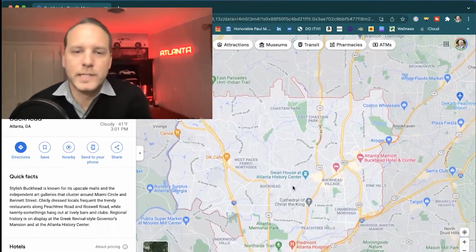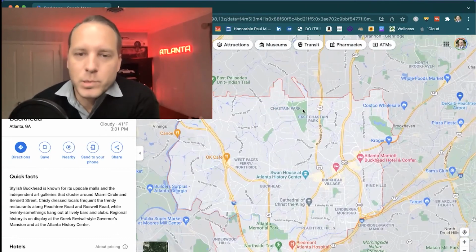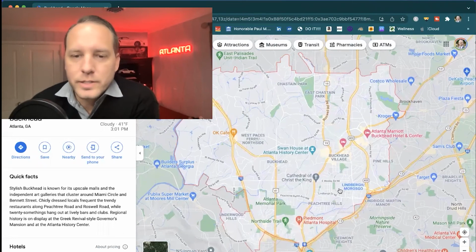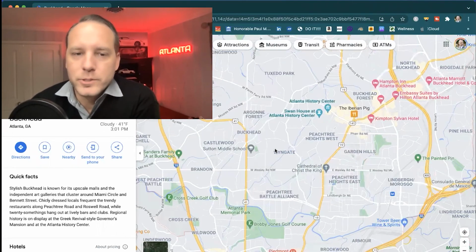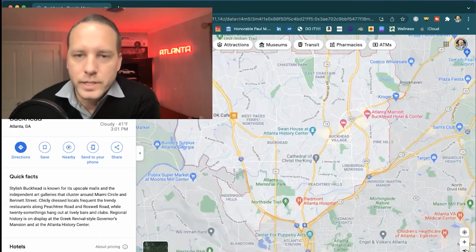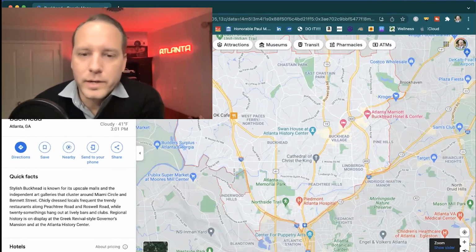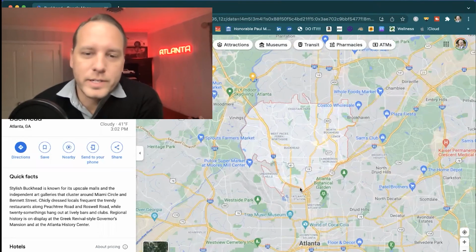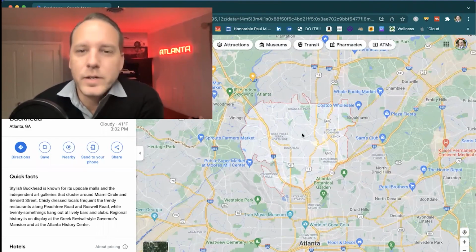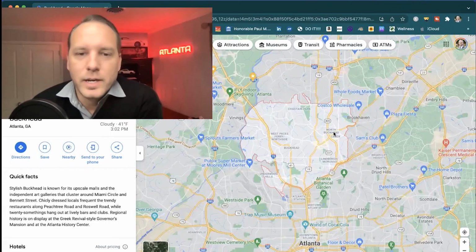Okay, so as we zoom in, you see again, kind of getting closer into the Buckhead area, you got the Chastain Park here right near the edge of Sandy Springs to the north. Peachtree Hills, all these other little neighborhoods start popping up as you zoom in. So Castlewood, Garden Hills, a lot of these communities are the other smaller communities or even neighborhoods within the Buckhead area. So from north to south, starting out down here near Midtown, all the way up, say Georgia 400 here to Chastain Park, 15 to 20 minutes on average with traffic again, and then east to west, kind